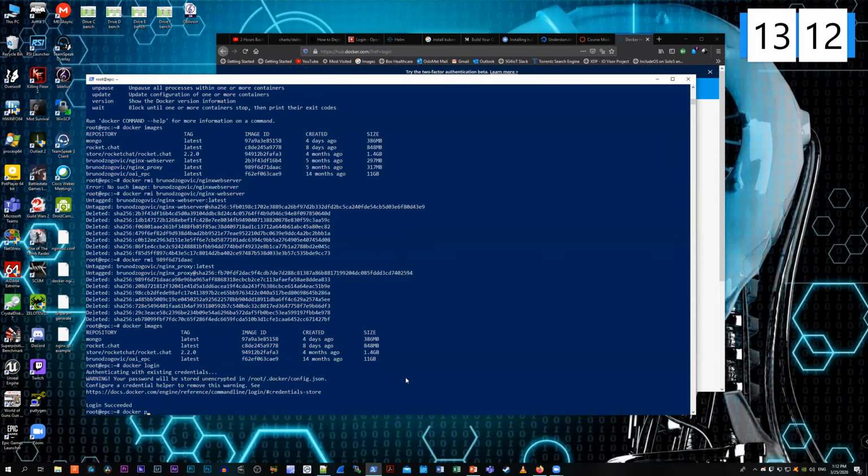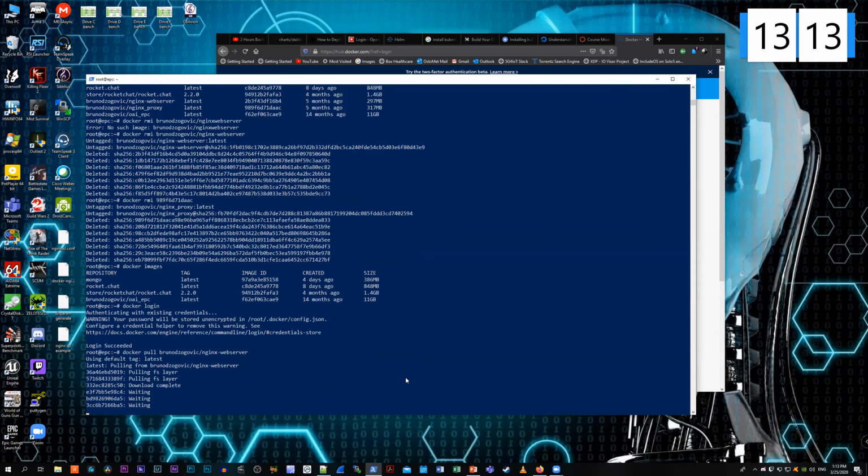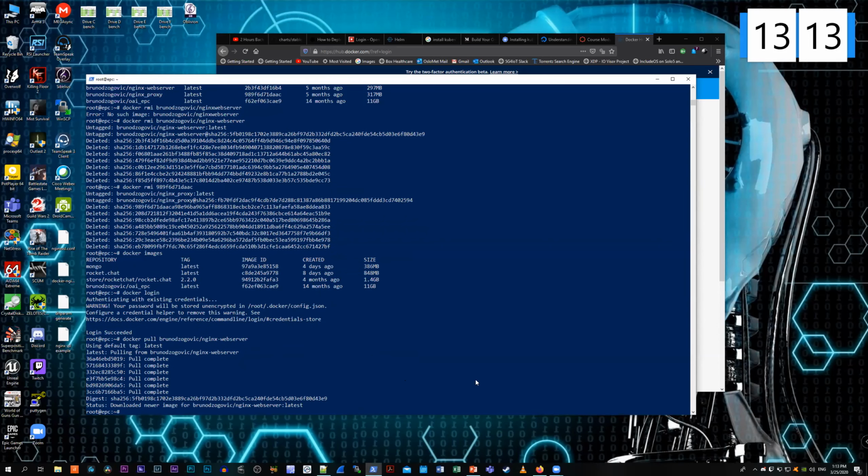So you can do docker pull, my name and surname/nginx web server, using the default tag latest, or you can put a colon at the end of web server and use a tag version, I don't know, 1.4 or something, but I don't have anything like that. Docker offers you version control, so you can have rollbacks in case something goes wrong. In my case, I just delete the web server and I run it again. So that's not a problem.